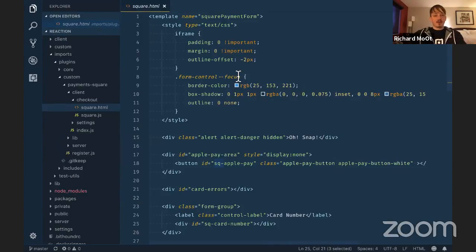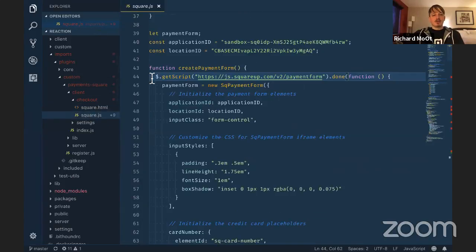You can't download a static version and try to use that for processing the payment form. You have to use our hosted version. So the first thing I did was I created this. I just used jQuery to dynamically load the script as soon as the form was loading on the page.